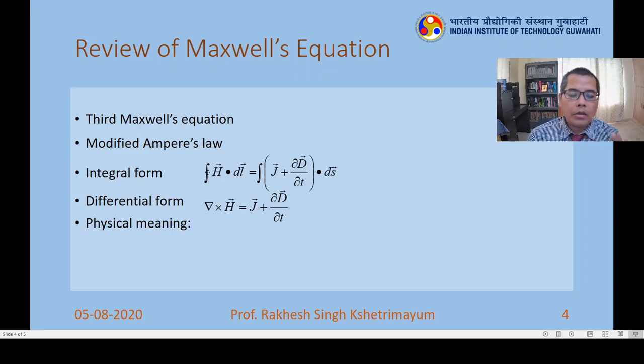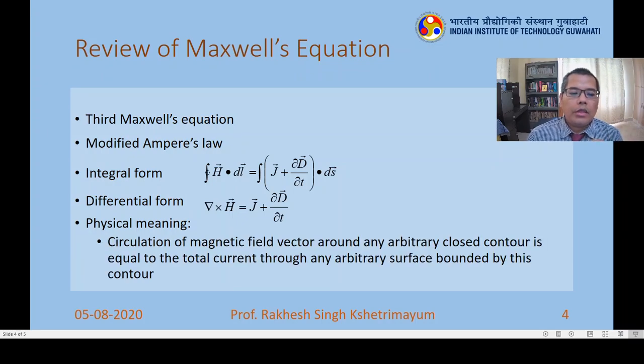D is basically epsilon E. So basically what it means is when you have a time varying electric field, it will automatically produce a magnetic field. So physical meaning for this is, from the integral form you can make the interpretation, and it basically says that